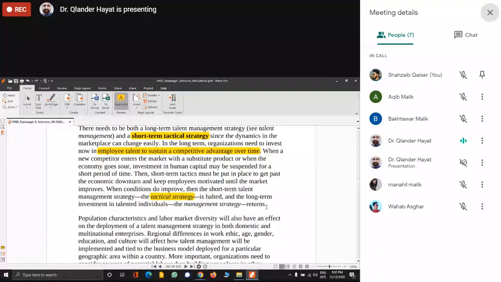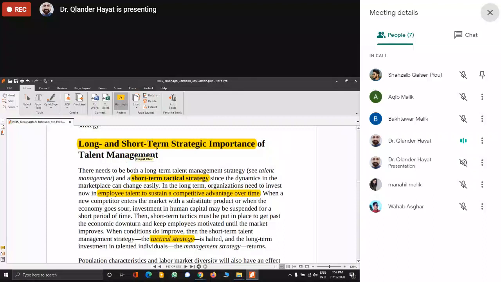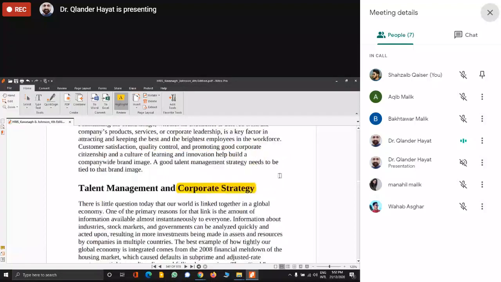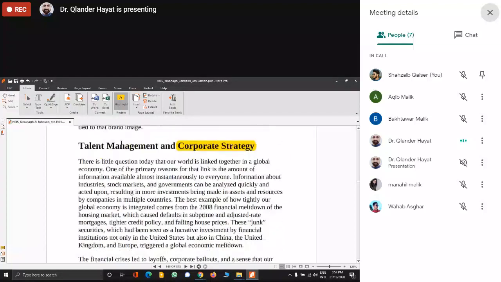In simple words, when we discuss the long-term and short-term strategic importance of talent management, the short-term importance is that talented employees will provide better performance, and in the long run these talented employees will provide competitive advantage to the firm. Okay, now how is talent management related to the corporate strategy, because when we plan for